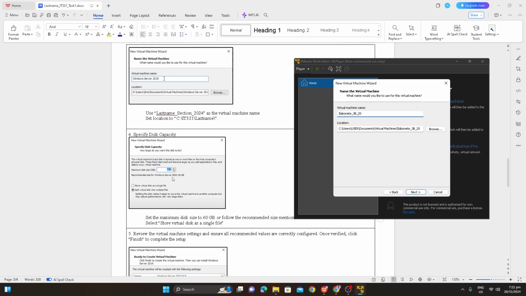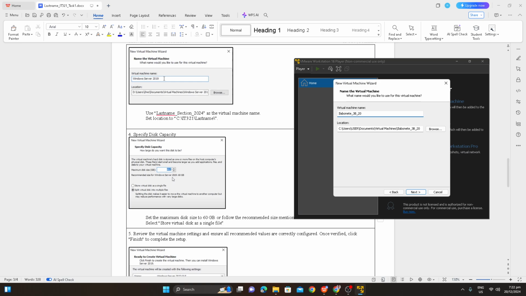Select split virtual disk as a single file. Select that, and next, it's finished. Review the virtual machine settings and ensure all recommended values are correctly configured.